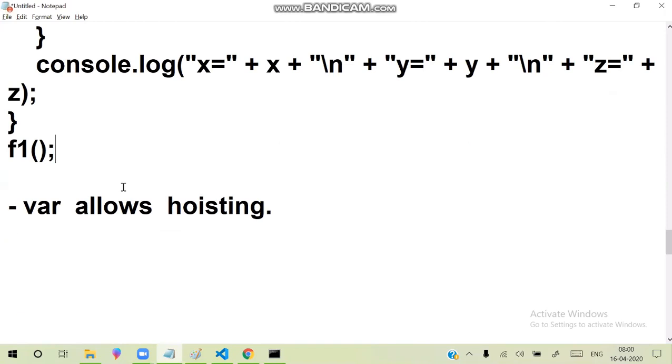Another point is hoisting. var allows hoisting also. Actually, hoisting is a